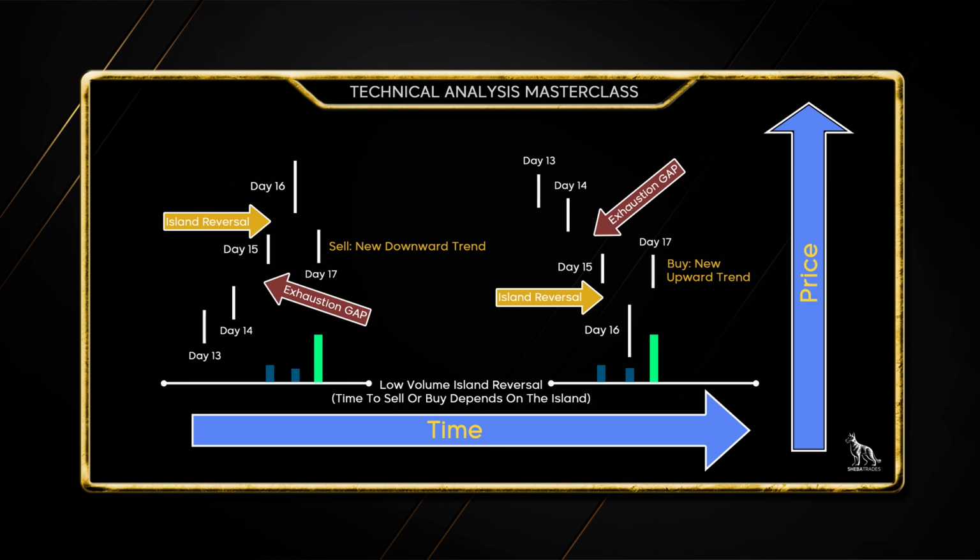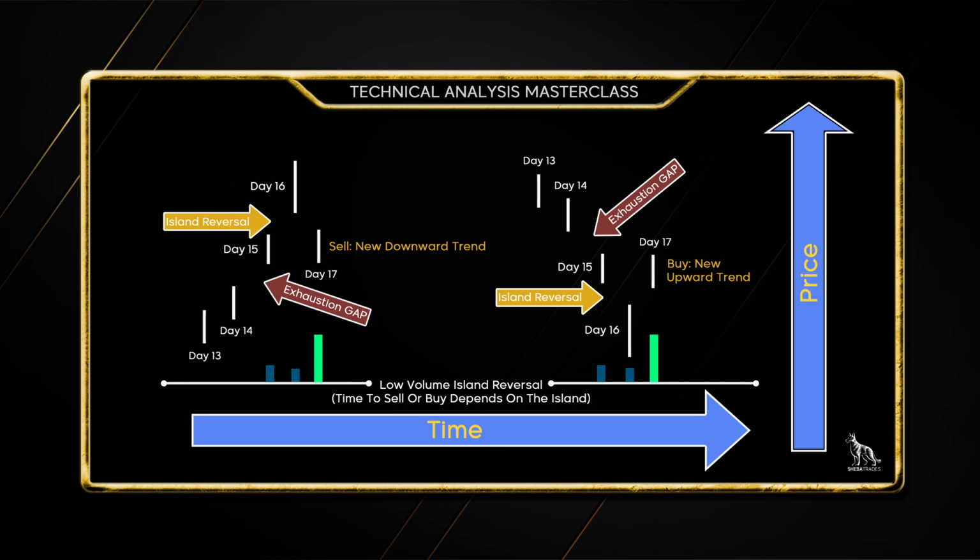And you can see now prices have come down and there's another gap in between. But a lot of volume is coming in now. People are aggressively selling. They're really trying to get out, as you could see in this example on the left. So that's now created a new downward trend on an island reversal. So it's time to sell. You've got to get out and book the profits that we made from day 1 through 16, if we were staying in the whole time or however long, but we were in the stock at that time, and right now is the time to get out.